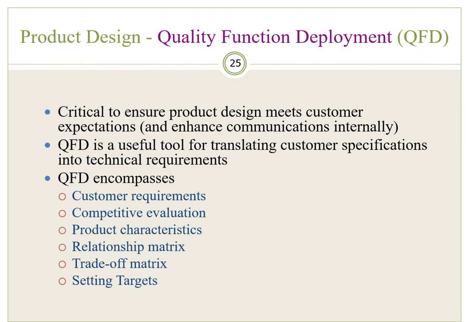Now, a quality function deployment tool begins by identifying important customer requirements, numerically scoring them based on their importance, and then those scores are translated into specific product characteristics. Now, do you remember the House of Quality diagram that I went over in class and that we actually practiced as a group? Well, now you can understand the importance of that introduction and why I introduced it when I did.